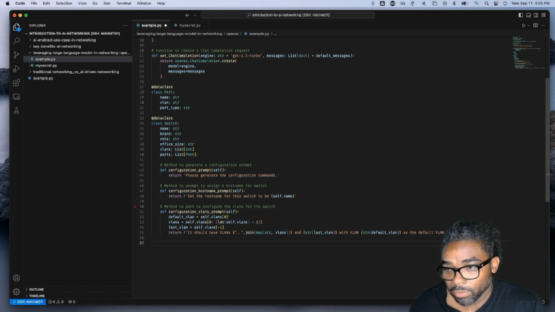So just to go through this method, we're going to create a configuration VLAN prompt. It's going to set a default VLAN. It's going to have VLANs, so it's going to specify all the VLANs except the last one. We're going to set another value to last VLAN, and then in this sentence, it's going to say it should have VLANs and has the list of all the VLANs separated by a comma. And then the very last one is going to split the last VLAN. It says and the last VLAN with the VLAN, specify the default VLAN, and then it's going to say